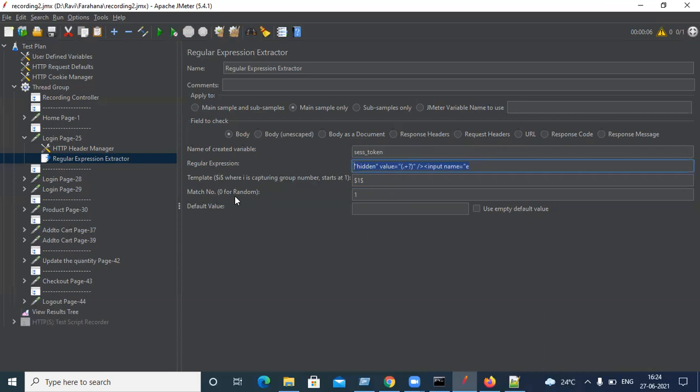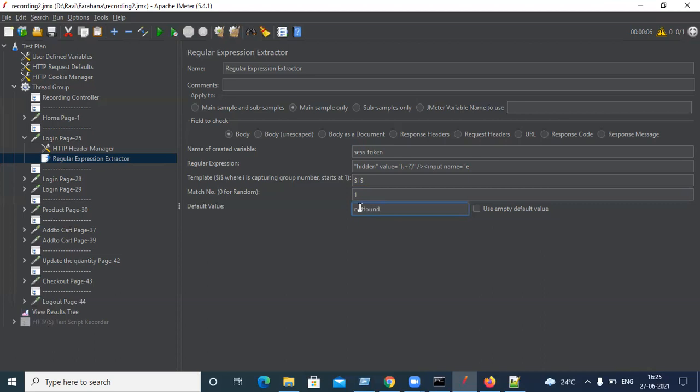And default value. Default value means if this expression doesn't work or if the application has failed, so it can't load the data, something happened, then this default value will go there. So I will simply write not found. You can write anything to identify it in the script.